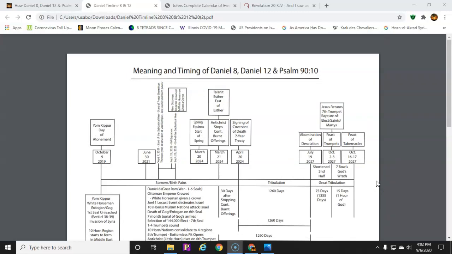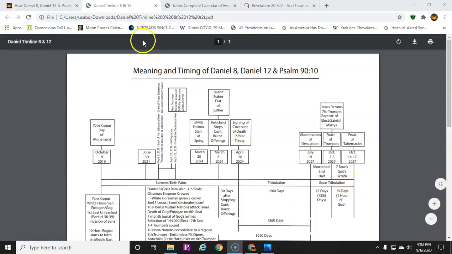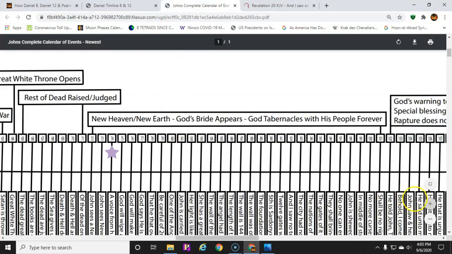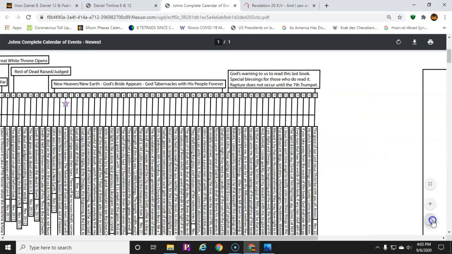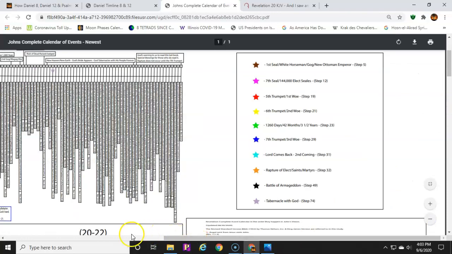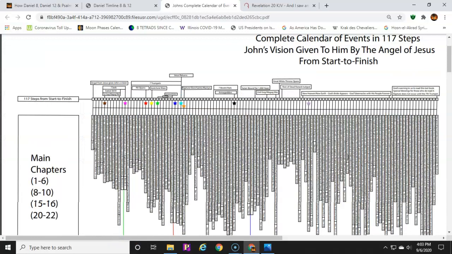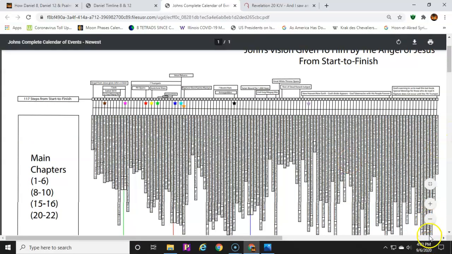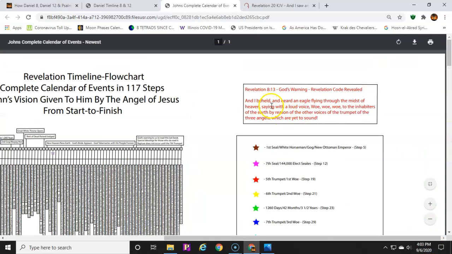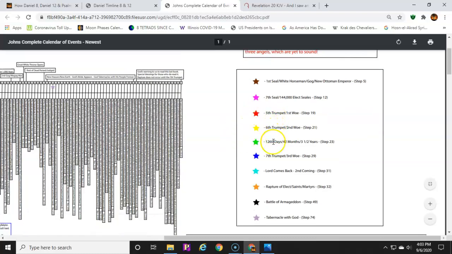I've been trying to disprove a lot of these theories, but when you start to break these things down, you realize that this is a timeline and a chronological event that occurs here. God has given a sequential book, and if we know how to read it and follow His warnings, it tells us that we have to watch this warning for a reason, and that it affects the 5th, 6th, and 7th trumpet, and there's a reason for that.